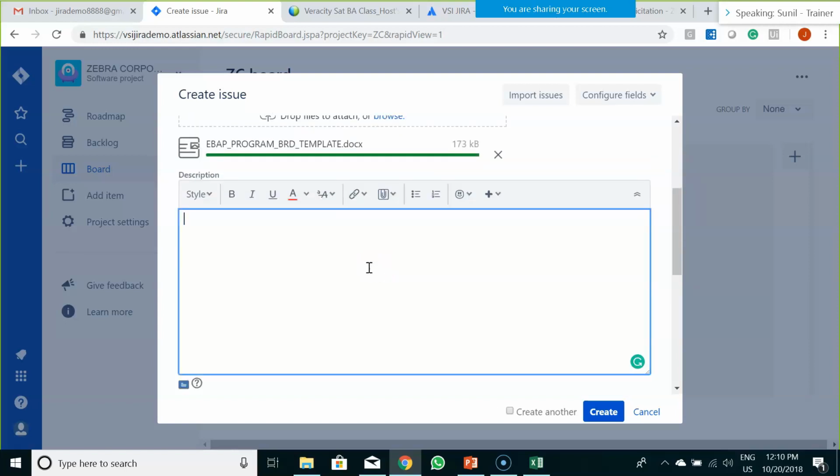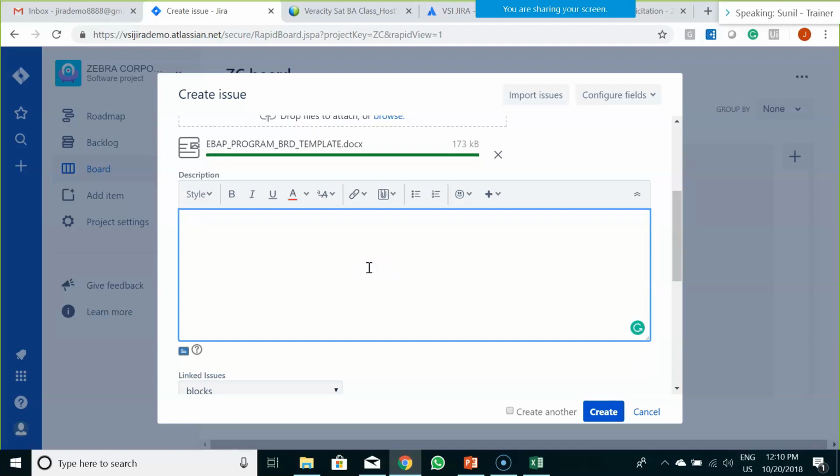Then I would write the description of the user story in this description section.